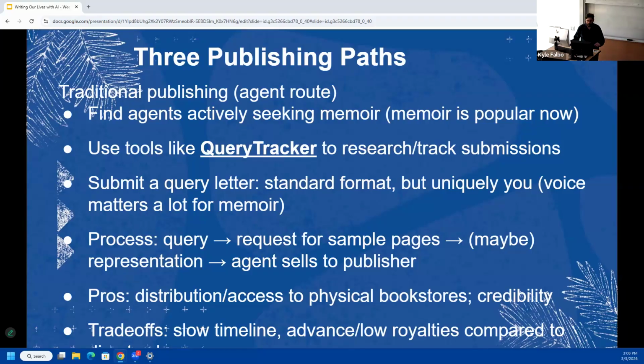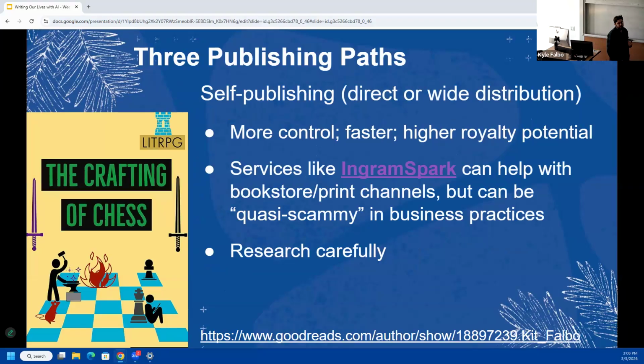Like direct sales, that was cut off in the bottom here. So the route that he went when he first got started is self-publishing. So direct or wider distribution. You can create a website. AI is really great at helping build websites now and developing whole structures that you can put into place for marketing or selling your work yourself. You get wider distribution. I believe Amazon still allows you to self-publish, and now you're on the Amazon marketplace.